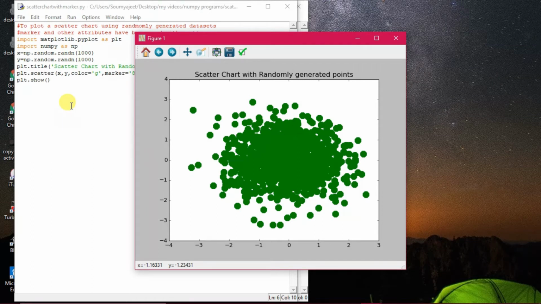This command has to be there, otherwise the matplotlib library will not be imported. And the scatter command, as usual; plt.show is displaying the chart, and plt.title is placing the title on this one. You can see this is the title out here, and x and y are storing the data set.